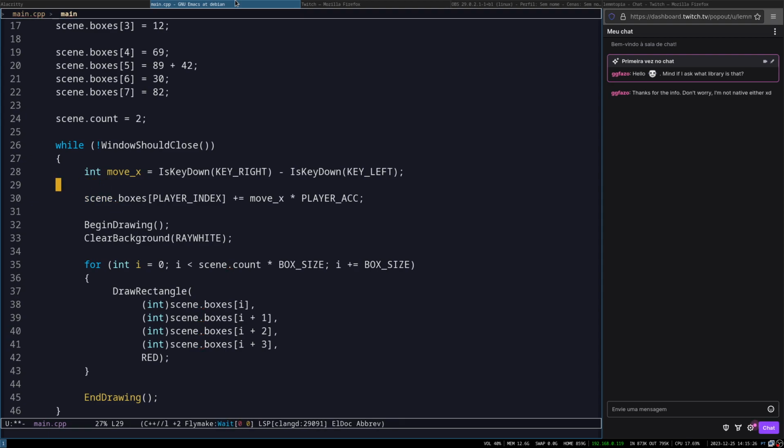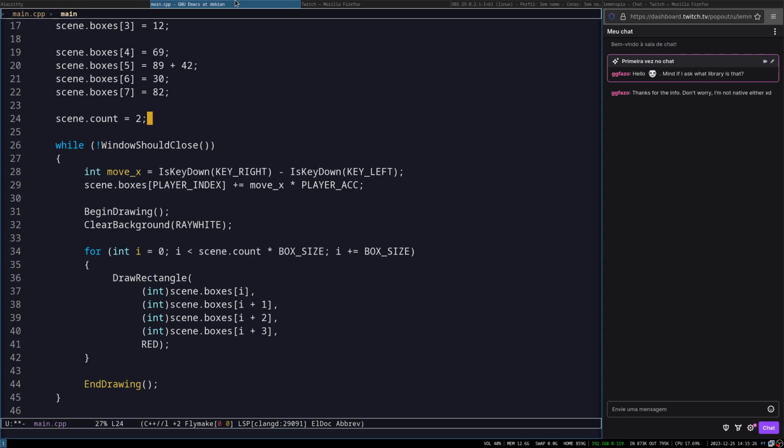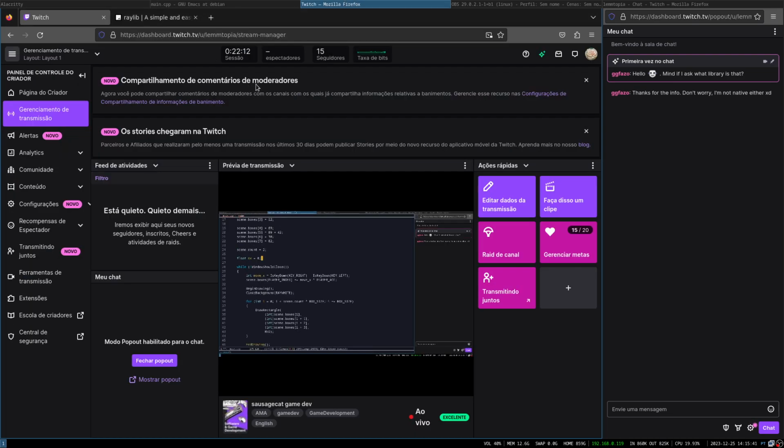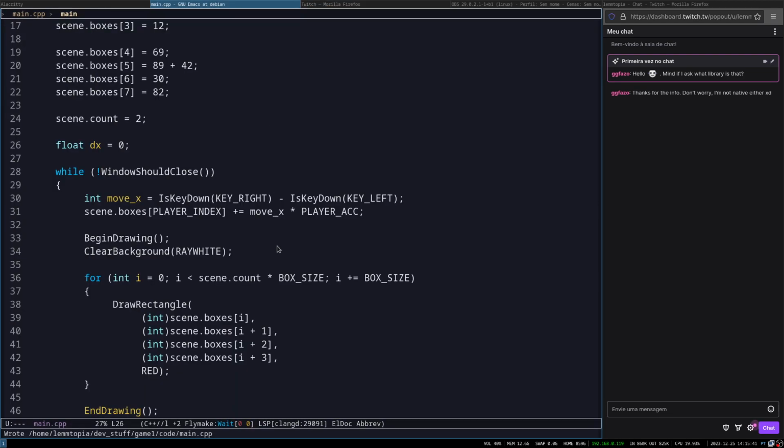So let's do a float dx equals 0. I am doing data-oriented programming, so I am still learning how to do it, but I like the idea of it. So dx